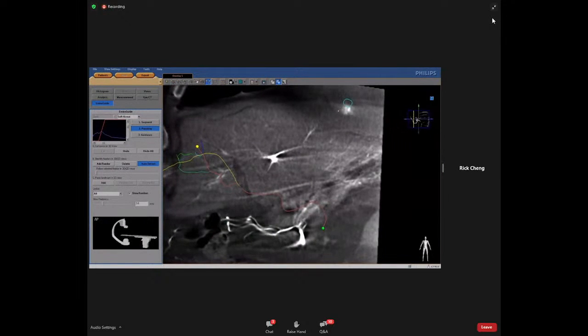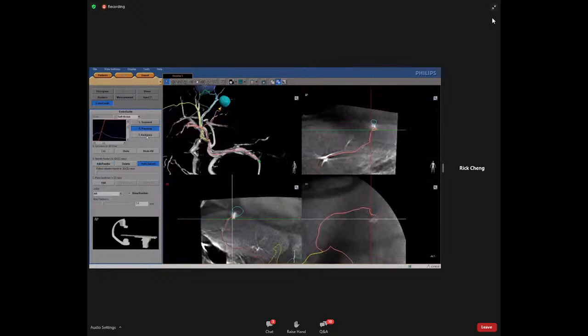Sometimes a feeder is not detected automatically. This can be due to a lack of contrast, patient movement, or a mismatch in the registration. It is still possible to add feeders manually. Select the Add Feeder button and click on the tumor to add a feeder manually. EmboGuide is still able to add the correct vessel path.